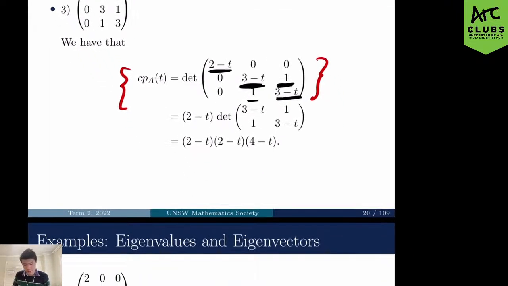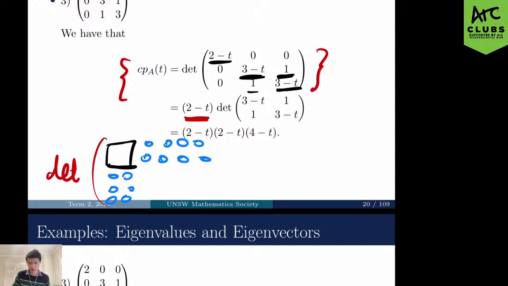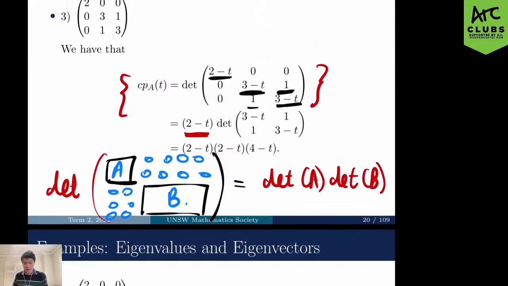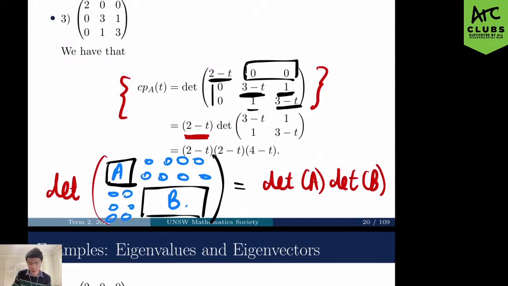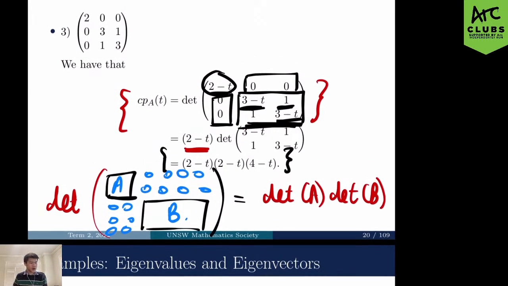And you can actually just calculate that as being equal to, in general, if you've got the determinant of some square matrix over here, and you have a bunch of zeros, and you have another square matrix down here, then you can actually just say that it's equal to the product of the determinants of these two matrices. Right, if this is A up here, this is B down here. So realistically, when you see something like this, where you've got 0, 0 up there, 0, 0 down there, you can express it as 2 minus t times the determinant of this one. And that becomes pretty simple, you just get this over here. So right off the bat, from looking at the algebraic multiplicities,